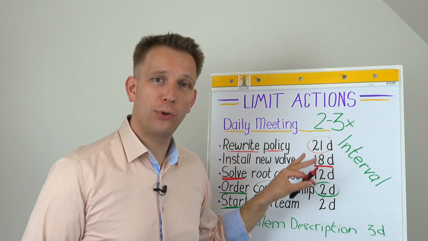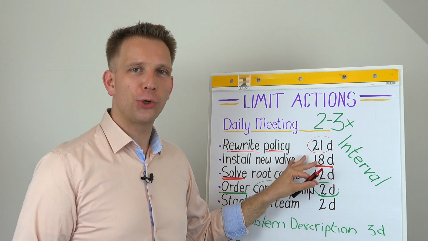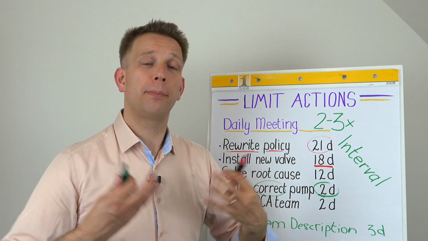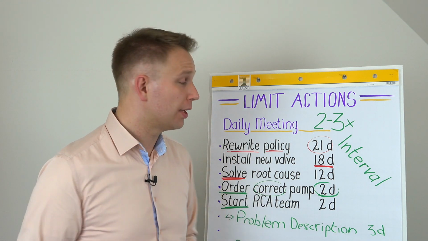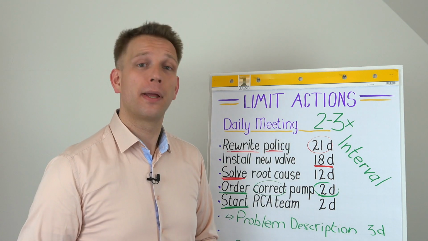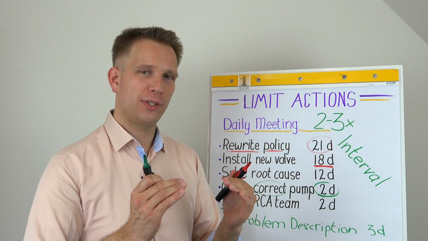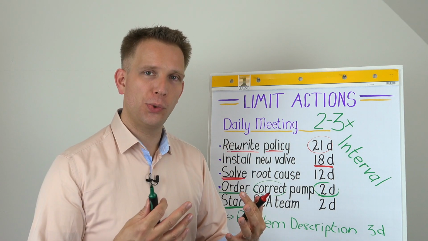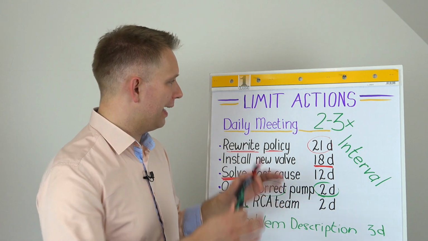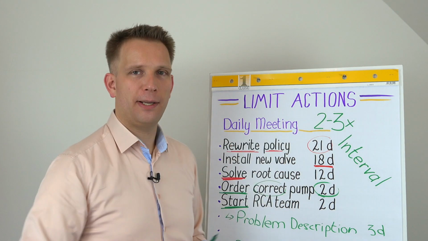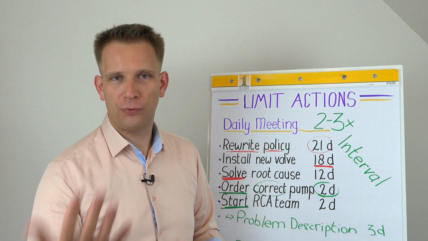Now, of course, when you have all those long-term actions on your list, your action list will not free up in time to give you the speed and action that you need to improve your organization. So these two work in tandem. But when you put actions on your list that really do expect an active participation of the members, and you are at your 2 to 3 times the interval of the meeting, so 2 to 3 days for daily,